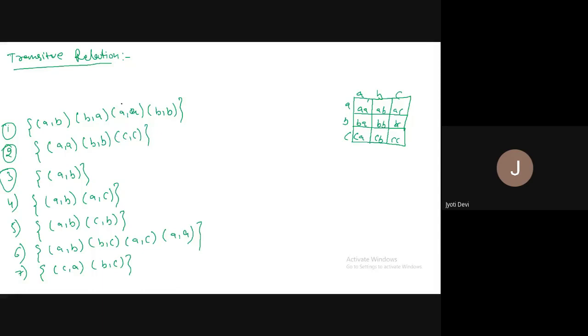Transitive relation is nothing else. Does anybody have an idea about the transitive relation? What is the definition of a transitive relation? A relation R on a set A is said to be transitive if